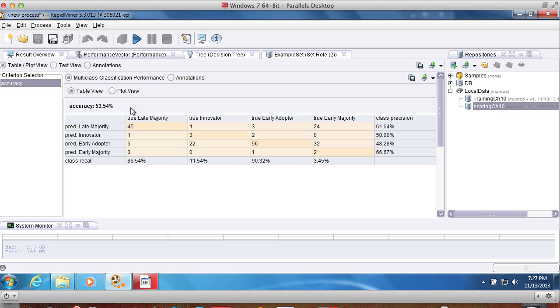There's lots of different ways to try and measure accuracy. In fact, accuracy is just a global measure here. You can see here actually the numbers: we predicted it was a late majority, and it turned out that if we looked at the ones that were late majority, 45 that were late majority were actually predicted to be late majority. This takes all that summary data that you saw earlier when you look at the decision tree, but it brings it into a table here and gives us some